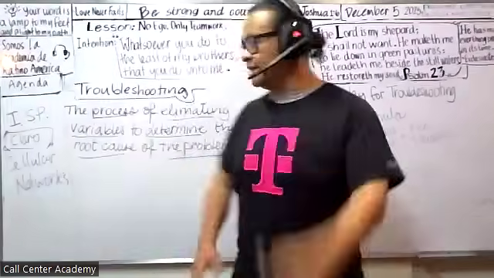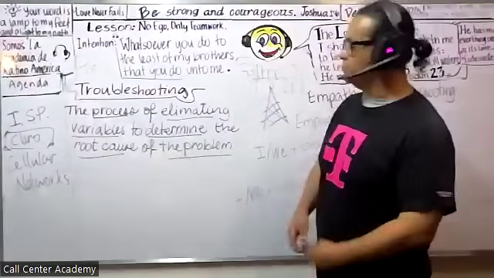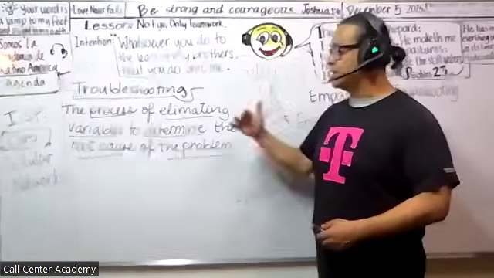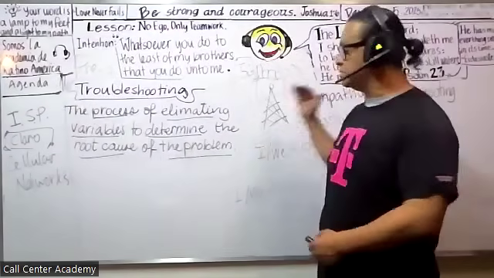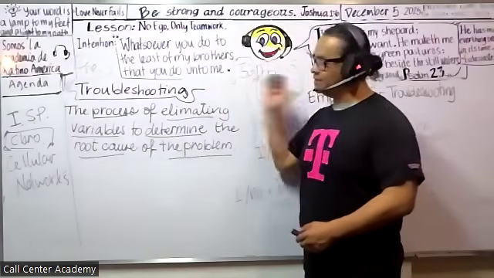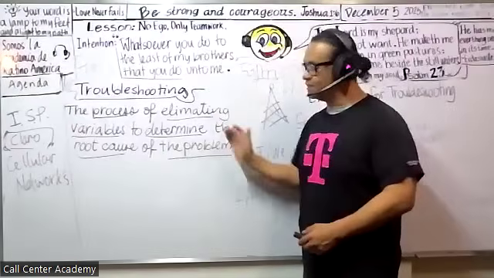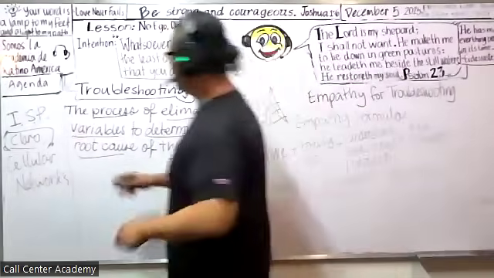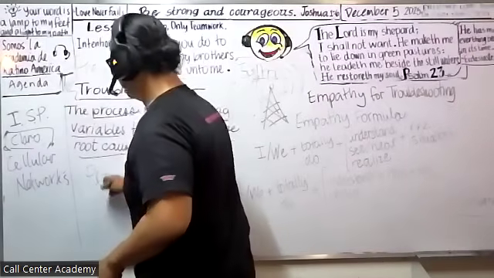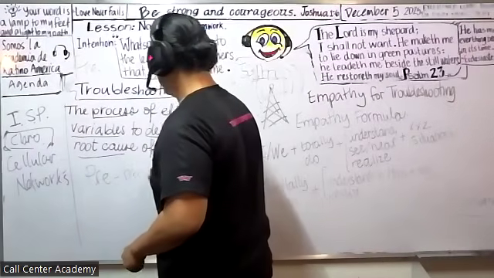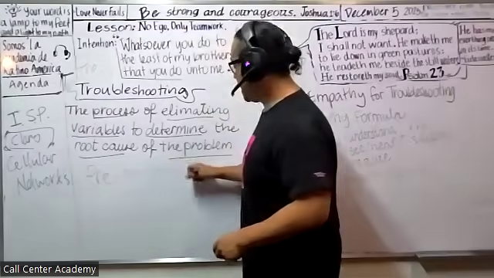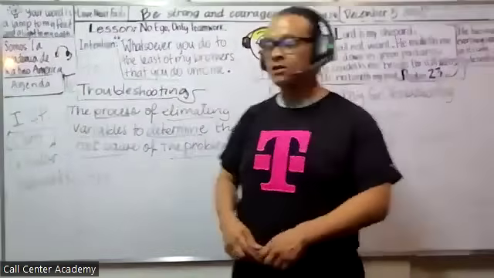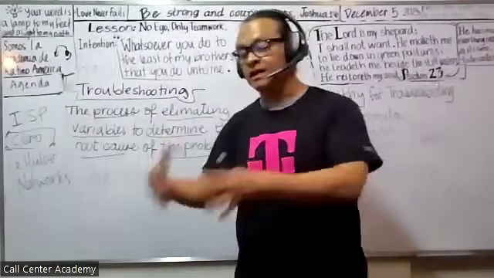Quick review from last time. Let's refresh a little, guys. It's always good to refresh. Troubleshooting, we defined it over here as the process of eliminating variables to determine the root cause of the problem. Okay? The process of eliminating variables to determine the root cause of the problem. And there was a step that we did before we actually troubleshoot. It was called the pre-troubleshooting stage, right? You guys remember? And in this part of the process, we asked a couple of key questions to the customer before we actually started diving into the whole process.